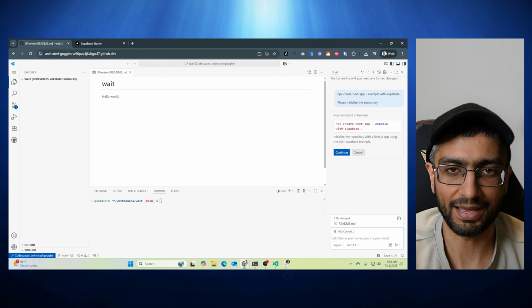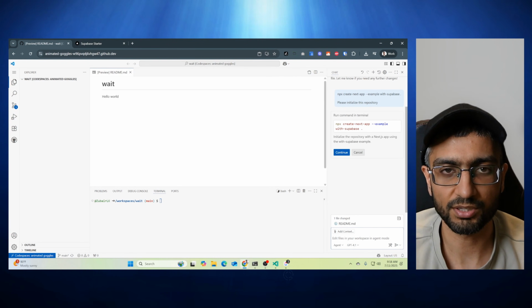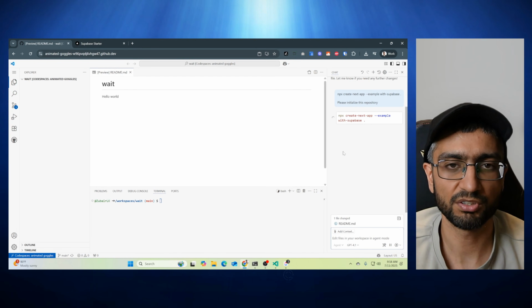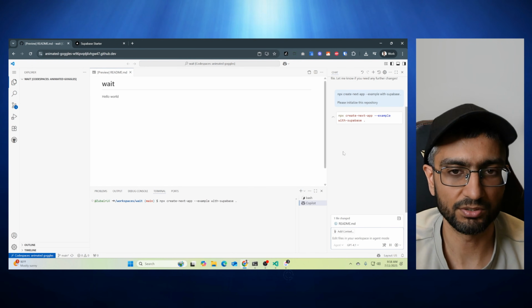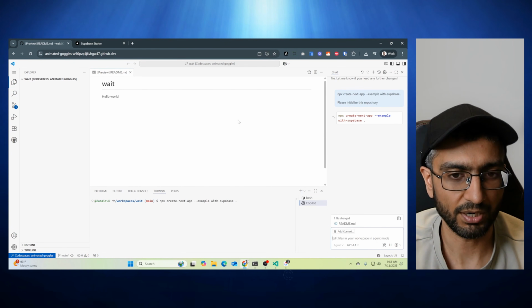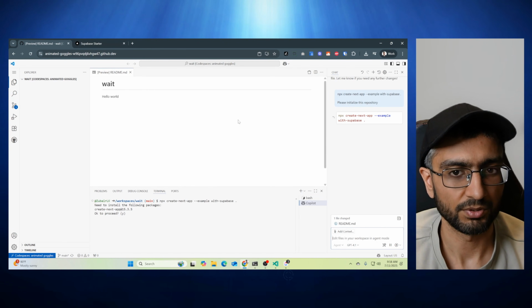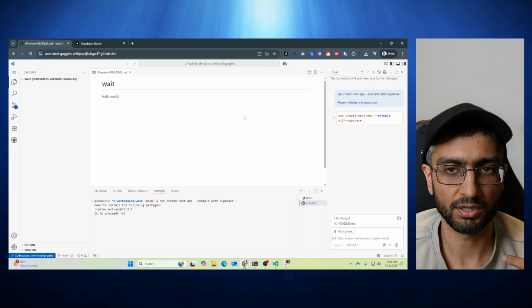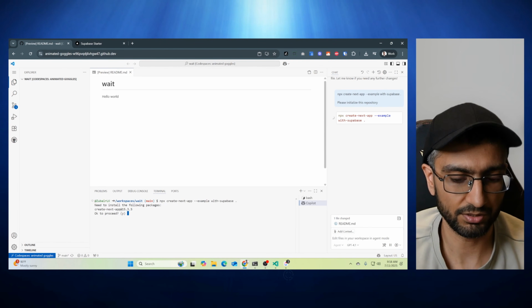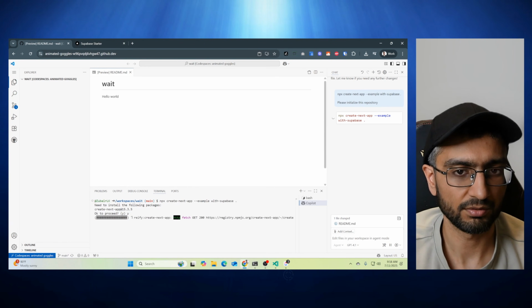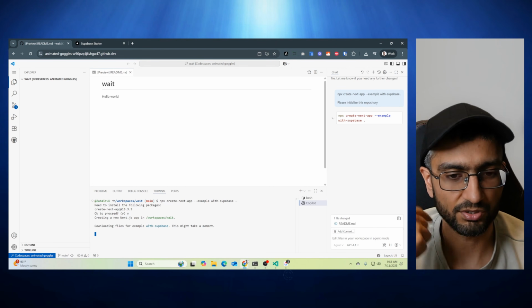its magic. It's going to ask permission. Should I run this command in the terminal? I'm like, okay, continue. Just run the command in the terminal. A new terminal opened up here and it's trying to run its command. Okay, to proceed, yeah, I'll just click here, type Y, press enter, and it's just going to start downloading the